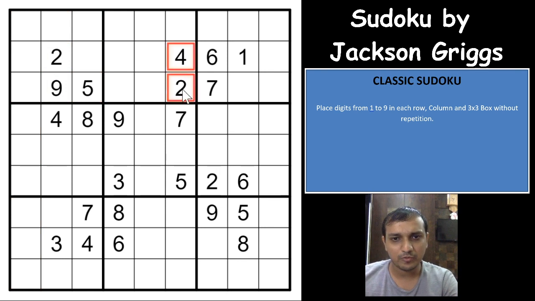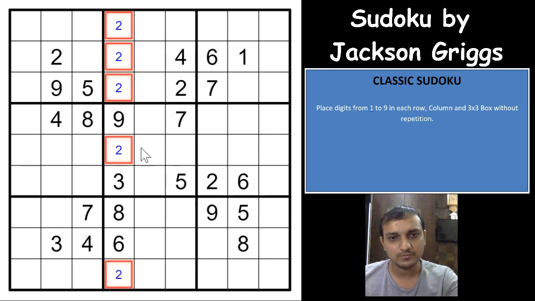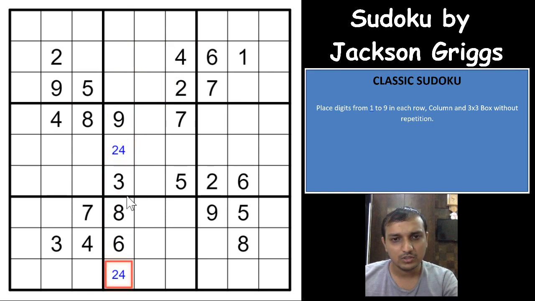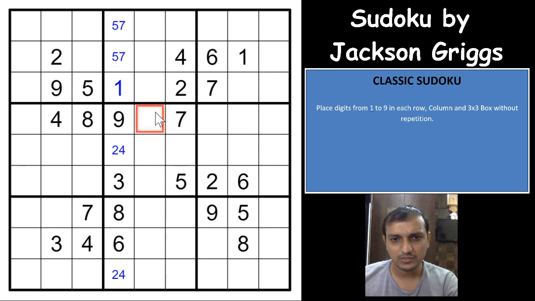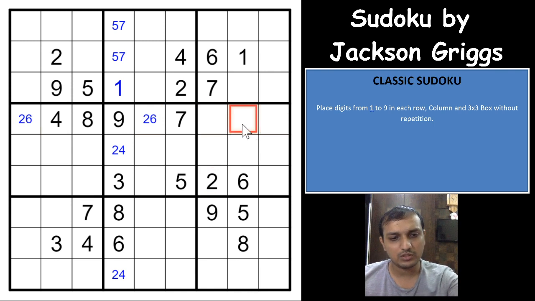So as I can see there is a 4 2 here. So 4 2 in this column has only two places. Sorry, only these two cells can have 2 and 4 in this column. So these three digits are 1, 5 and 7, right? So it would have to be a 1 here and these two digits are 5 and 7. Nice. Same way I can see the 2 6 here. So 2 6 can only be in these two cells in this row. So these three digits are 1, 3 and 5, right? So this would have to be 3 and these two digits are 1 and 5. Nice. Easy start to this Sudoku.